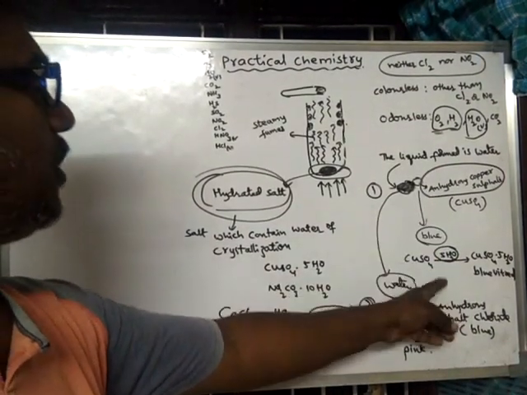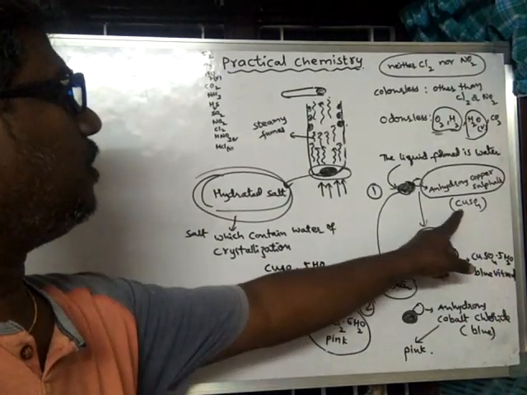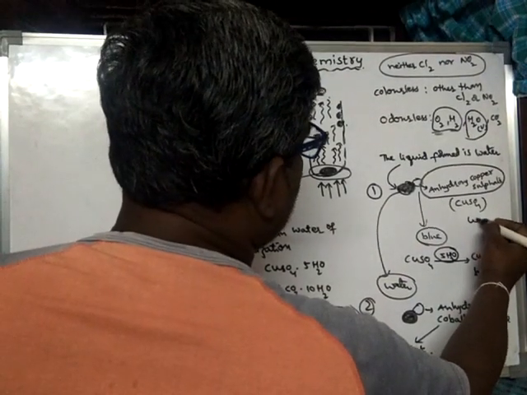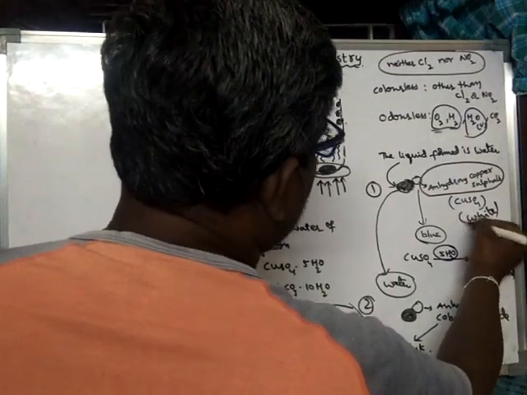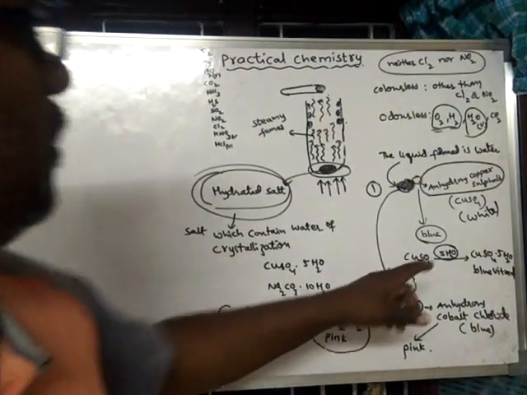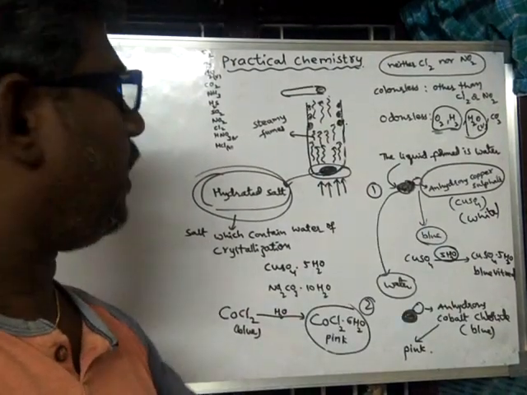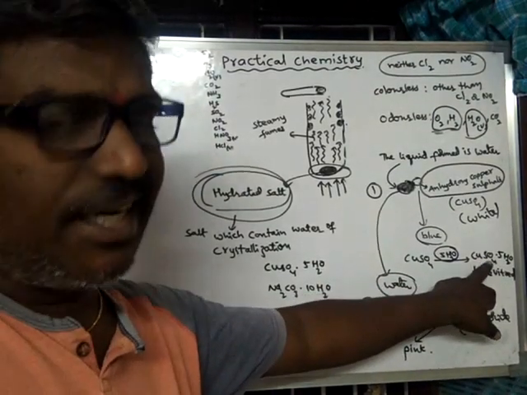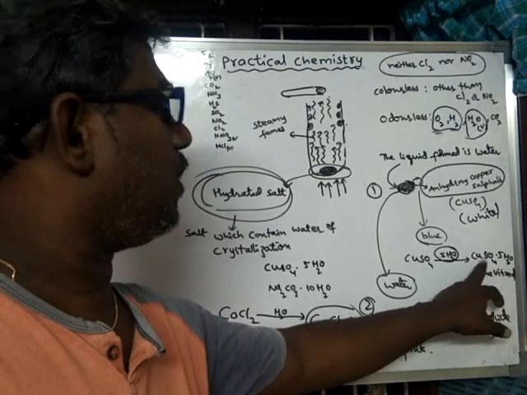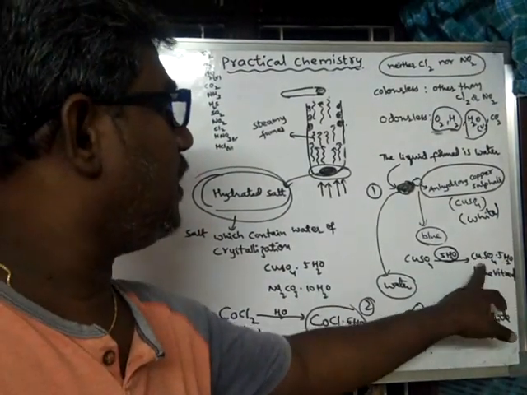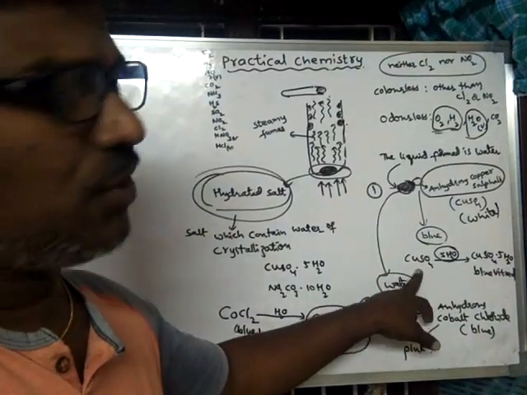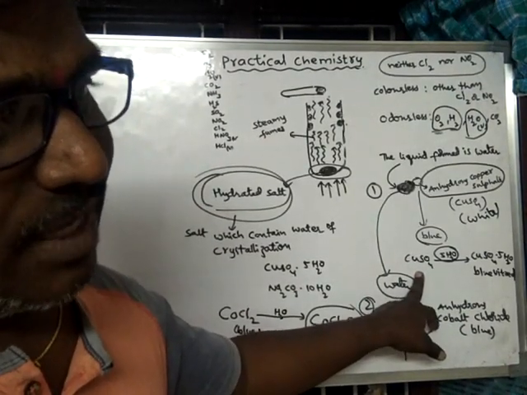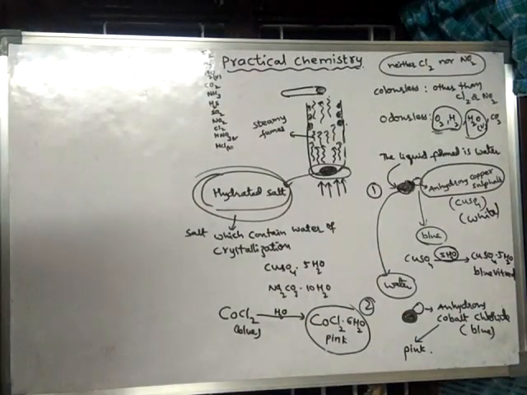And even the original color of copper sulfate is blue only. Actually, anhydrous copper sulfate is white in color. But the copper sulfate's original color is blue only. Then how is it formed? When blue vitriol, hydrated copper sulfate, is heated, it loses its water and finally converts into the anhydrous substance. So generally, anhydrous substances are formed from their hydrated salts upon heating the hydrated salts.